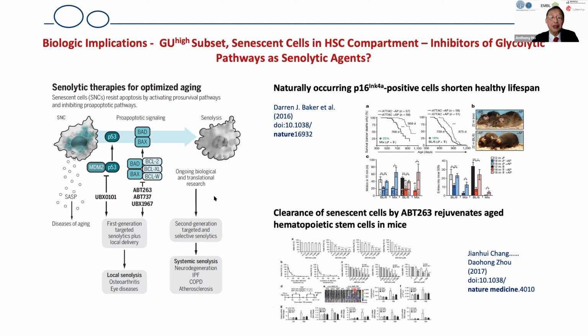And not only that, this study from Cho, from the group of Cho in Gainesville, has shown that not only are the hematopoietic stem cells rejuvenated by getting rid of the senescent cells, but also the stem cells for the mesenchymal stromal cells, the stem cells for the bone marrow niche, were able to be rejuvenated. So therefore,